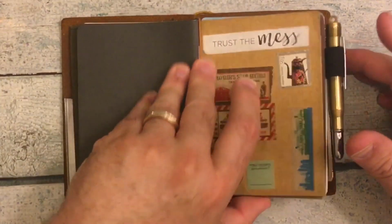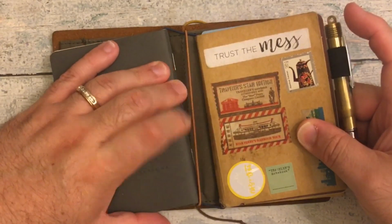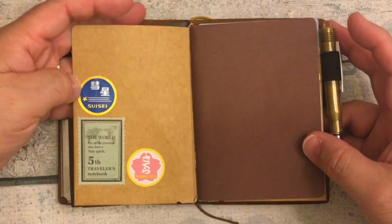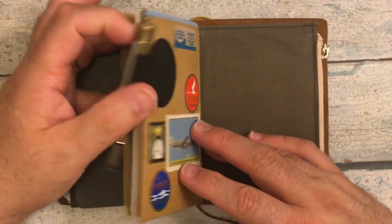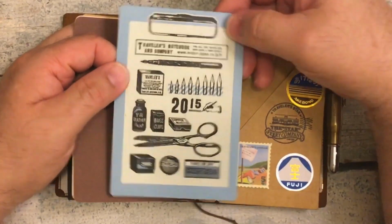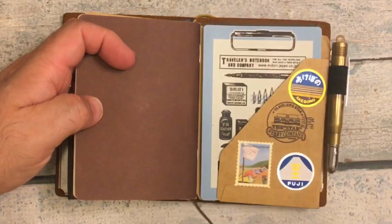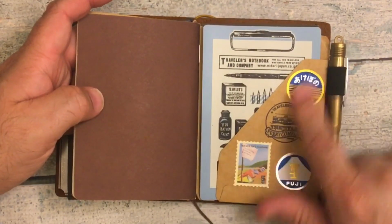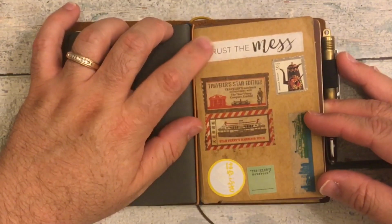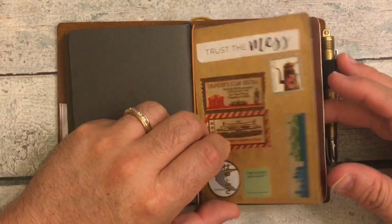Okay, so the next thing I have, and I have these on the same elastic, but nothing on the one in the middle. So I have the Midori Traveler's Factory folder, and I have my writing board, and this is my original writing board from 2015. And I just have all things Traveler's Factory except that Trust the Mess, I think, is Jane Davenport, but everything else is